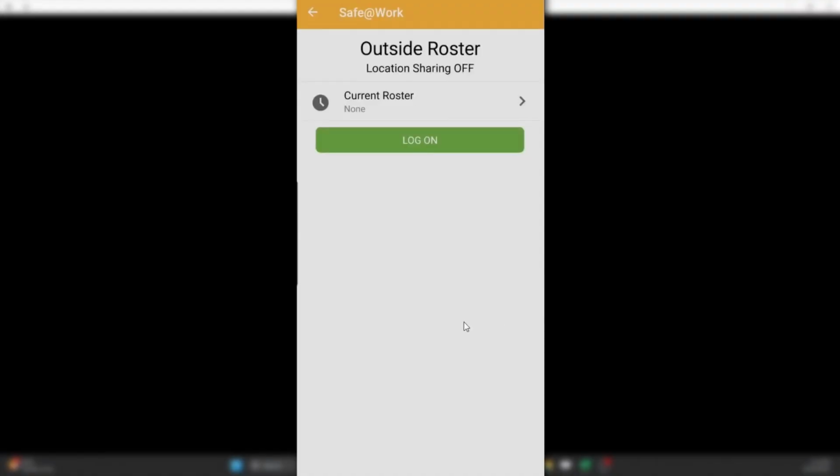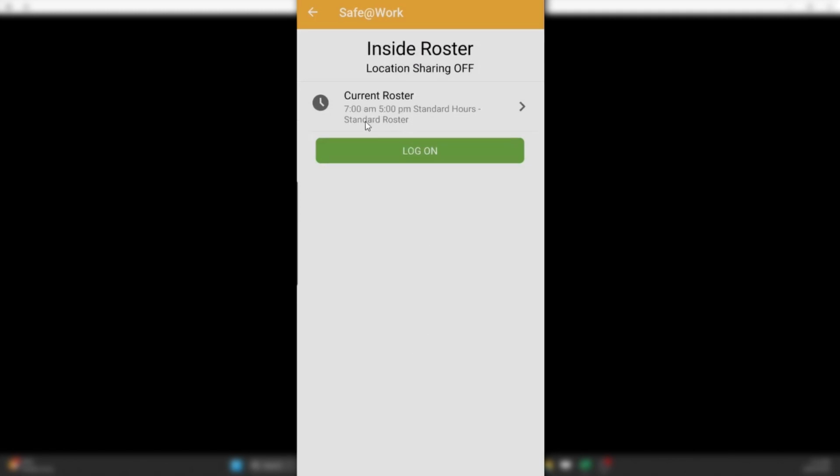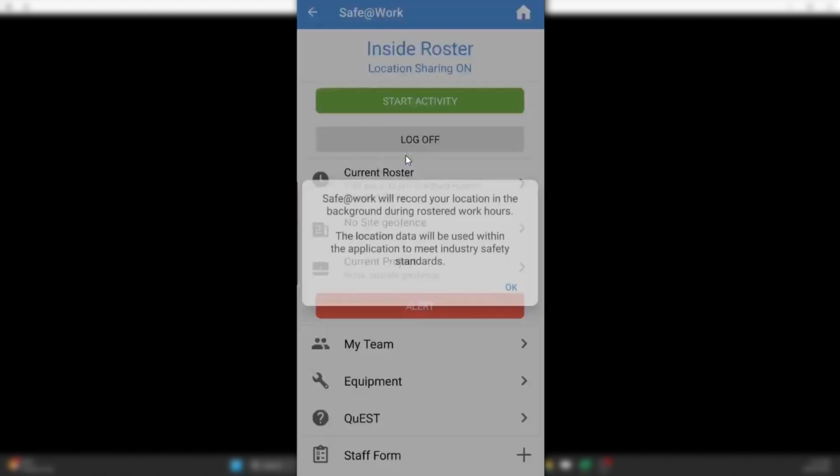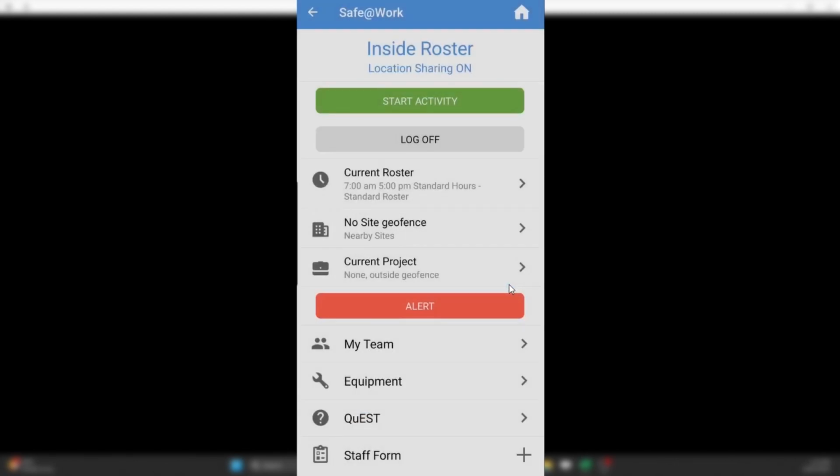So on mobile, they'll get a view when they go into the app similar to the below. Like I said, there is no current roster. Work hours start. There is a current roster of 7 AM till 5 PM, and that will be what displays on here. So if I log on, that will log into the application. It'll also tell you that location and motion monitoring is being tracked on the device, and you will have the